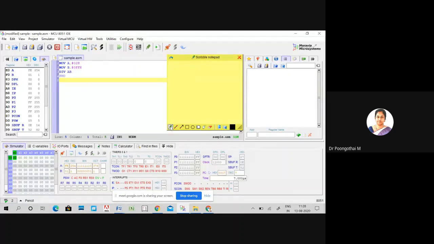Similar to your multiplication, you have to enter your dividend here first, the divisor in B. A divided by B.